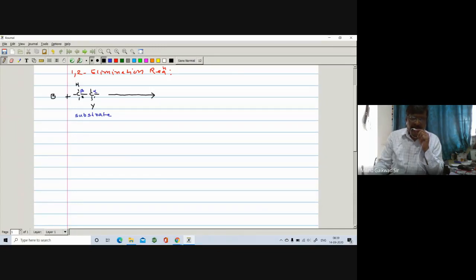So what happens here, the sigma bond between this C alpha and Y will open on the Y. So this sigma bond will shift here. Y is electronegative as compared to carbon, so this sigma bond will open on the Y. Carbon becomes positive. So the bond between this carbon and H will shift between C alpha and C beta. So there is a formation of the corresponding